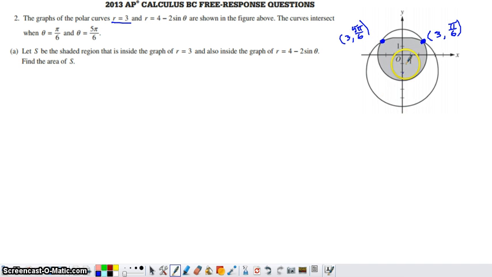If we want to find the area of the shaded region, you've got one of two options. In this video, I'm going to try to find this area by finding too little area and adding more area to it in order to get the area that's shaded here. So what I notice is if I draw lines from the origin to those intersection points, below that set of intersections, I have a circle and I have a certain part of the circle traced out. So if I redraw that,